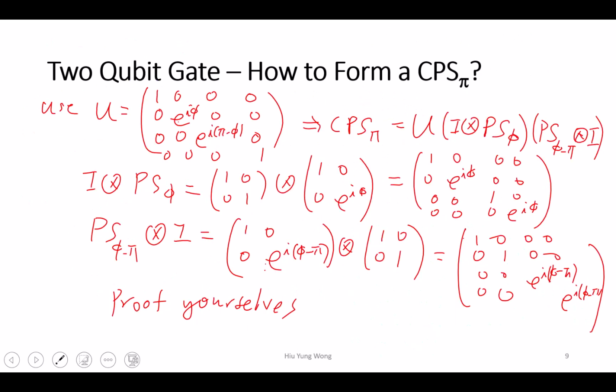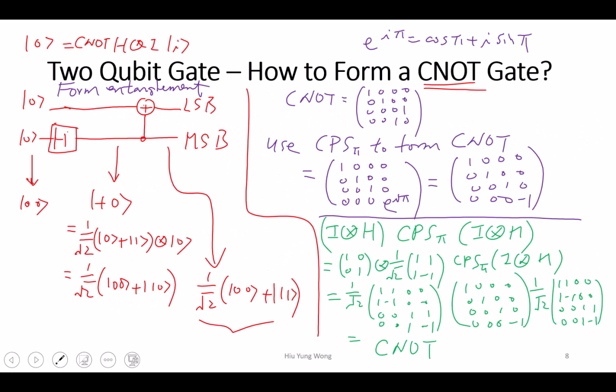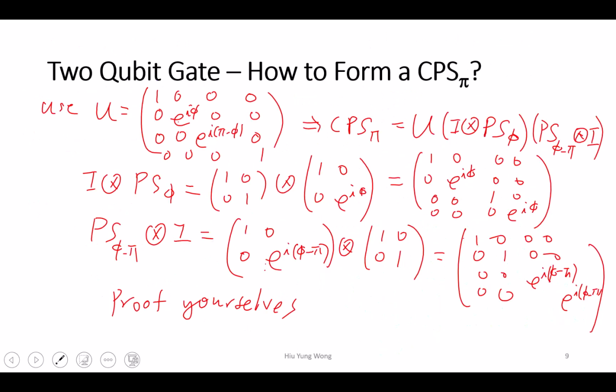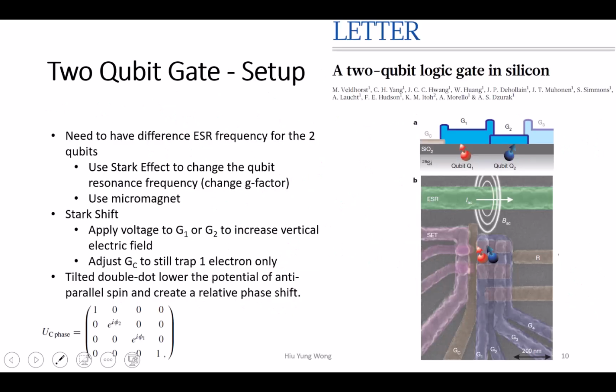So in summary, if I can create this gate by using a Hamiltonian, then I can create CPS pi and then eventually create the CNOT gate. And that's one of the approaches in the paper people published on how they can create the entanglement, a two qubit gate. So our goal is to understand how they create this gate. Again, this gate is diagonal: 1, 1, e^(i phi), e^(i(pi minus phi)), right? So let's go back to